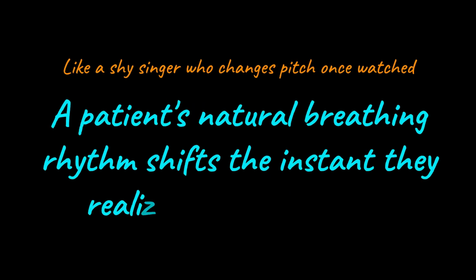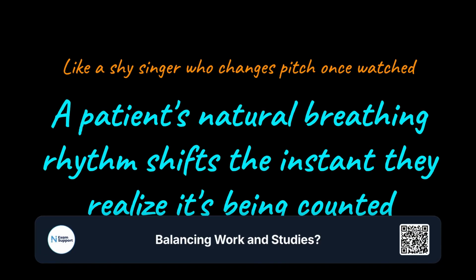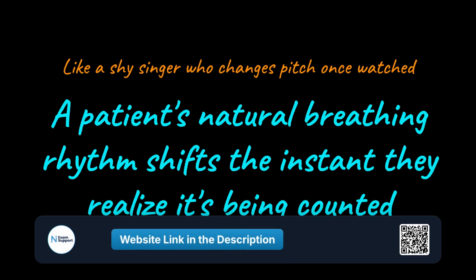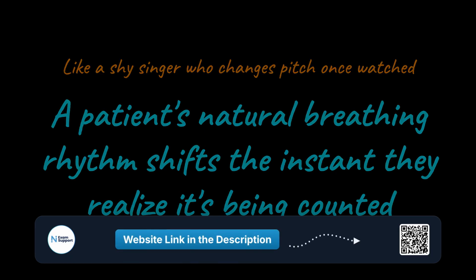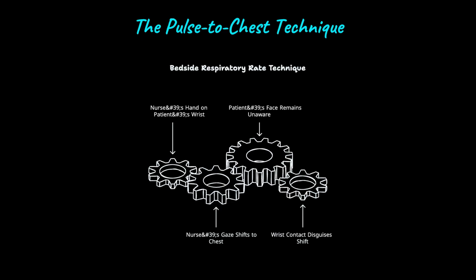Once told to breathe normally, patients unconsciously speed up, slow down, or breathe more deliberately. The recorded number then reflects awareness, not the true autonomic baseline, which is why respiratory rate is so easy to distort and so valuable when measured correctly. The nurse takes the radial pulse, then keeps that same hand contact while quietly watching the chest rise. The patient assumes the pulse count continues, unaware that respirations are now being tracked for a full 30 or 60